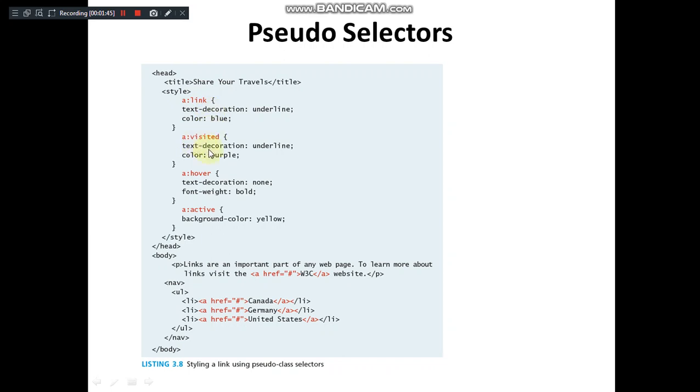You might have observed this in most of the websites. When you are initially looking into a hyperlink, its color and appearance will be different. When you click on that and go back to that page, it shows the linking text in a different color, usually with a purple color. Those are the default settings by the browser, so that you can change to any setting you would like to.